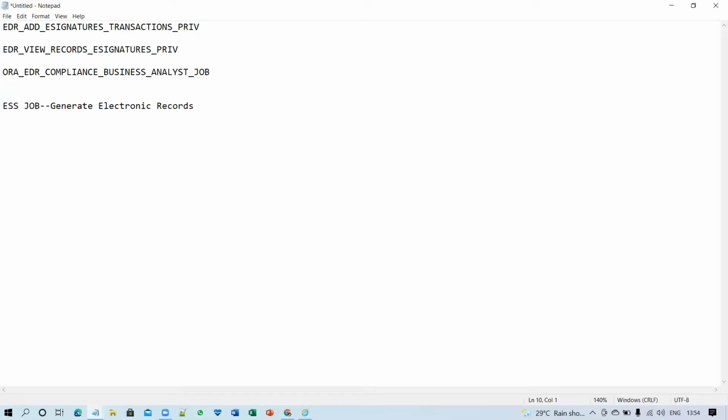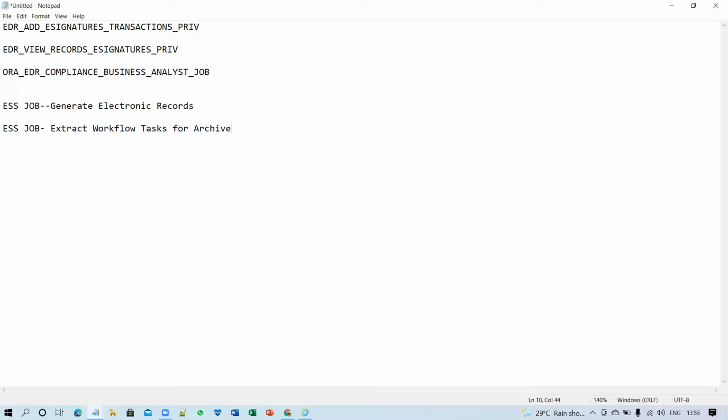And after that, you have to run the ESS job Extract Workflow Tasks for Archive.